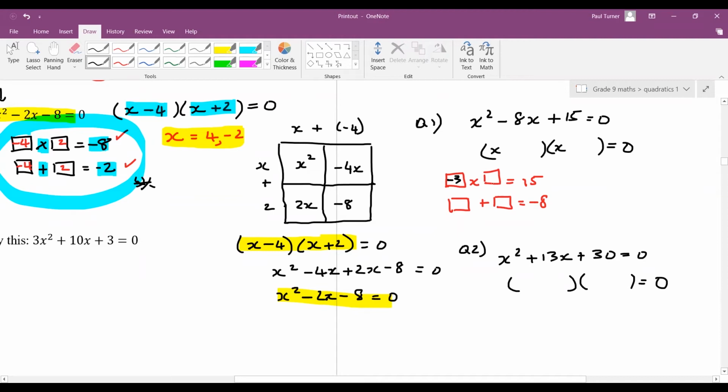So -3 times -5 is 15. -3 plus -5, which is -3 minus 5, which is -8. So these are the 2 numbers you want, and these go into your factors here. They form your factors. So x minus 3, x minus 5, that's 3. So from that, you should get x equals 3 and 5 as your final answer for the solution to the